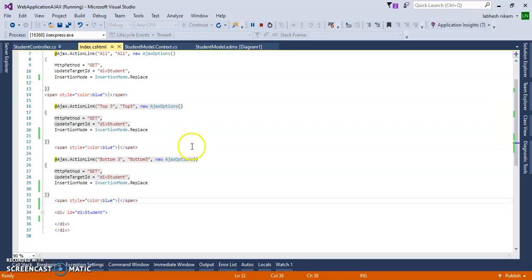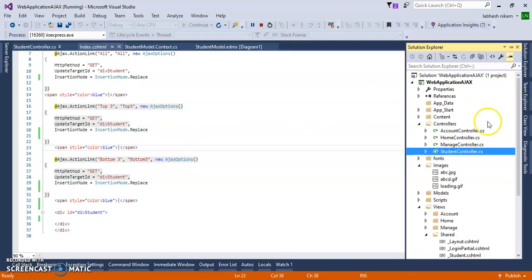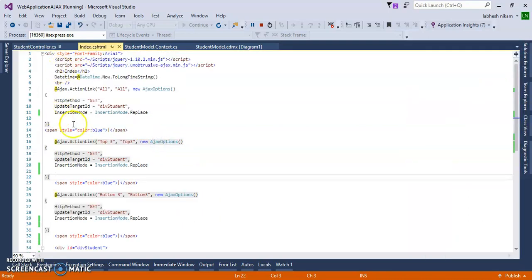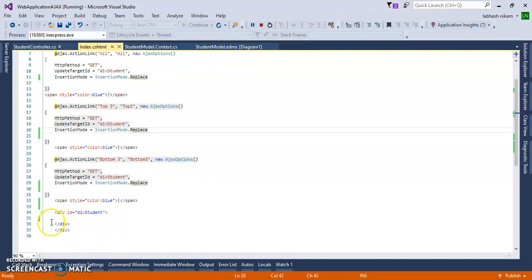So for that I will add the GIF image. I have already downloaded the GIF image and added it here as loading.gif, and I will use it inside this page. Let's use the Index page and add it here. In this div, student, the page is displayed, and above the page I will display the image.